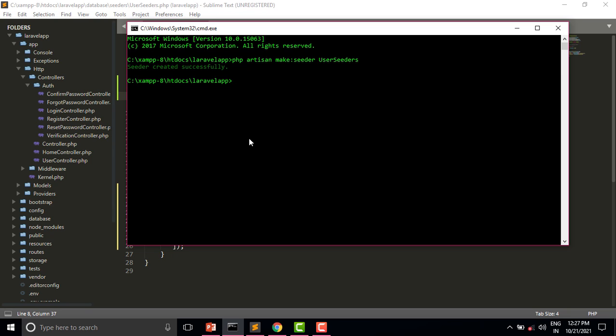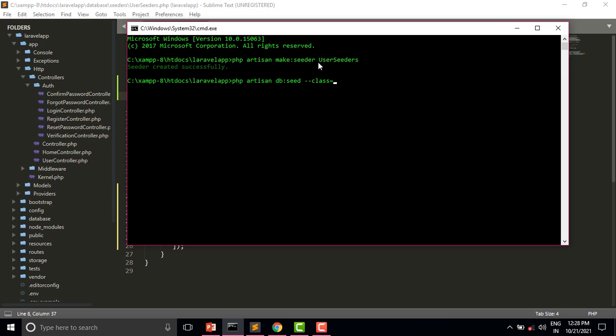So let us run the command php artisan db:seed --class= and the name of the seeder which we have already created, UserSeeder.